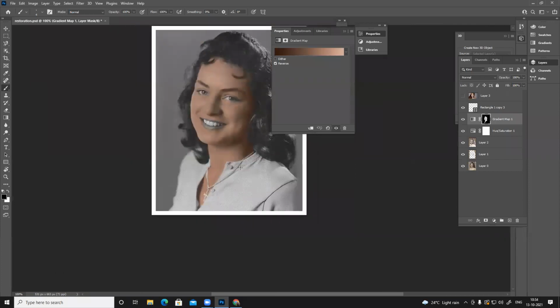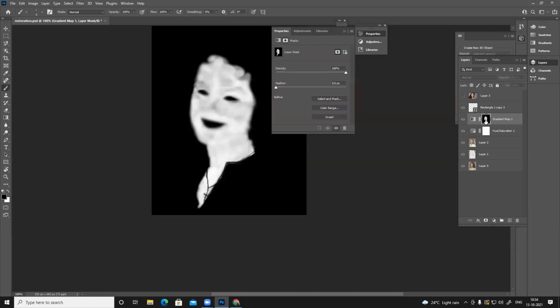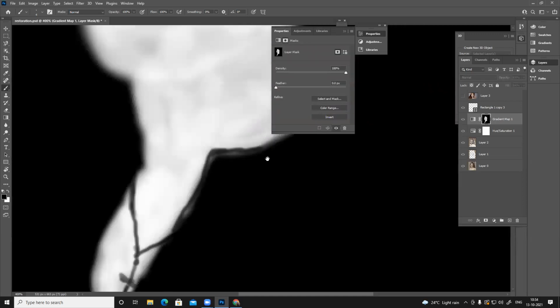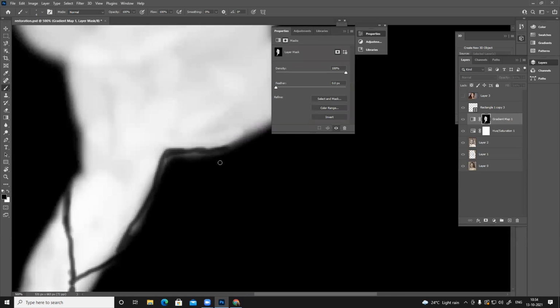You can paint this. So what if whatever you have painted, you miss some area and are not able to identify that? So how to check that? Press Alt, click on the mask. It will show you the mask. And I can see some few areas that I need to fix.